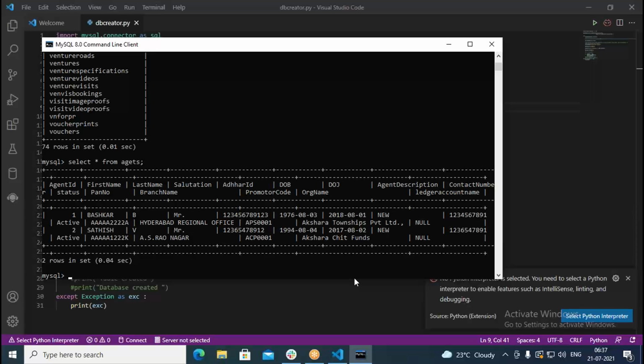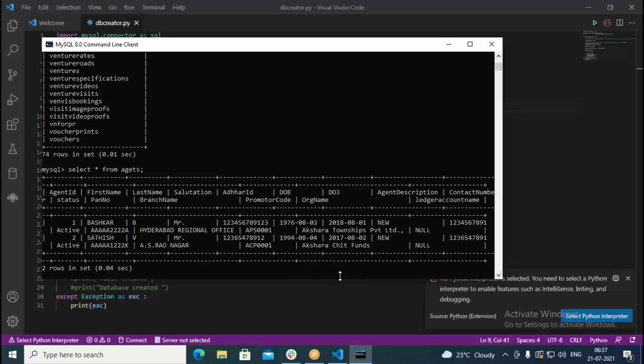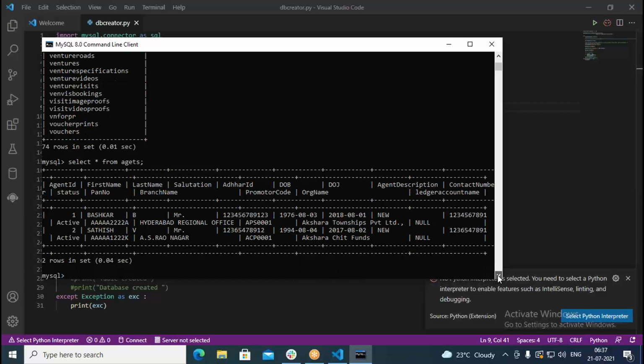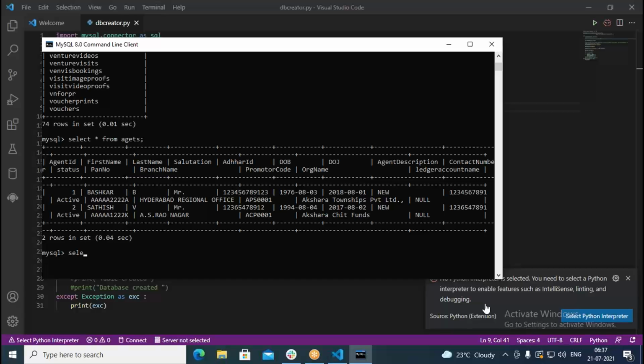Okay. Similarly, I try to see some plots. So what are the plots available in this? I would like to see. Select star from plots. So nothing is available in that.